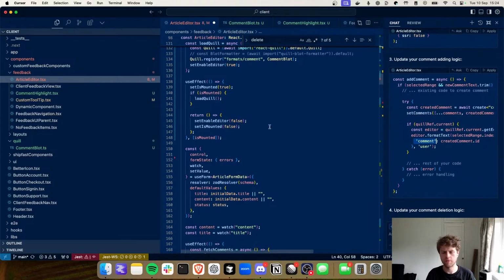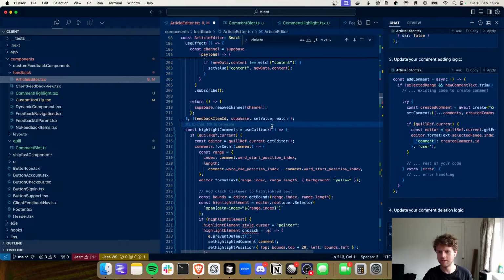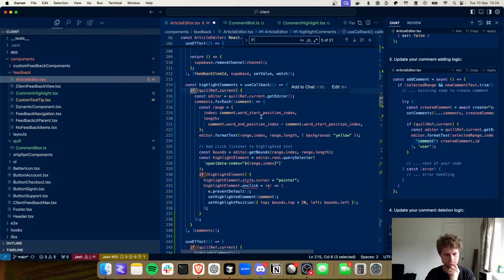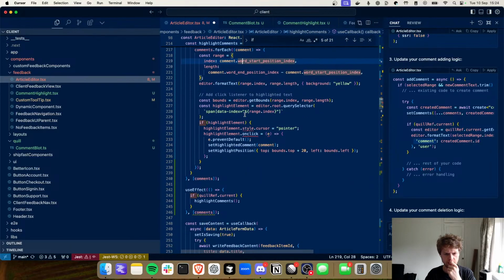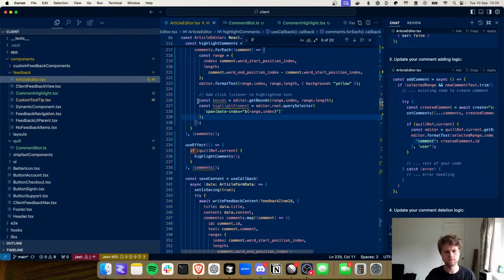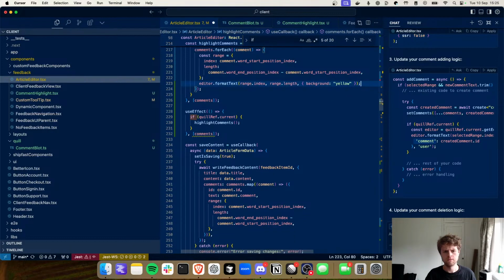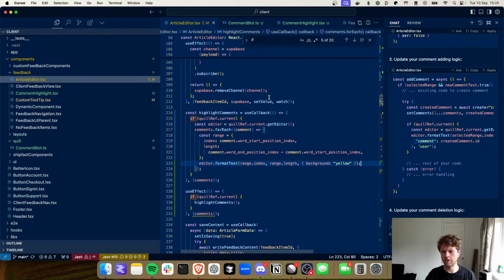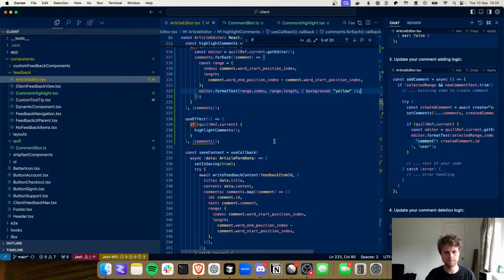With a custom. That's sweet. I love that. Let's get rid of this bit for now. Okay, that's highlighting the comments. So we want something where